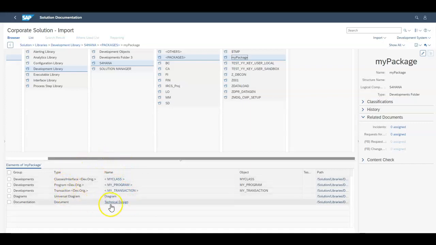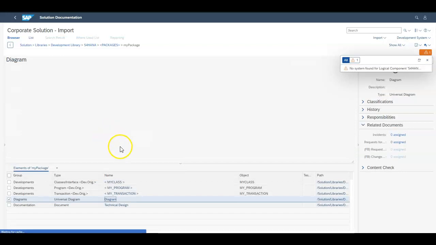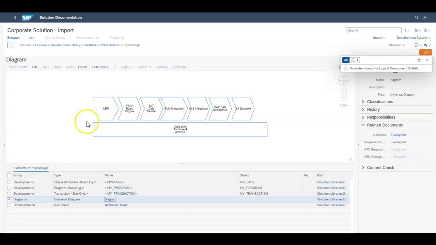Furthermore, you can put in your own technical design documents. So after your peer review, you can put all the documentation in here. And if you want, you can have some sort of universal document to show the flow of logic through the development. So here's just one example that